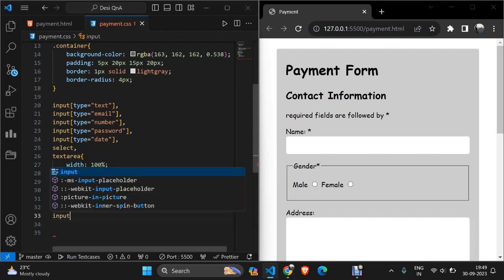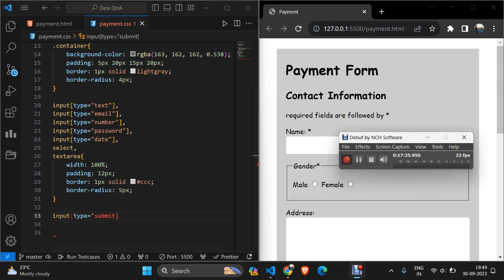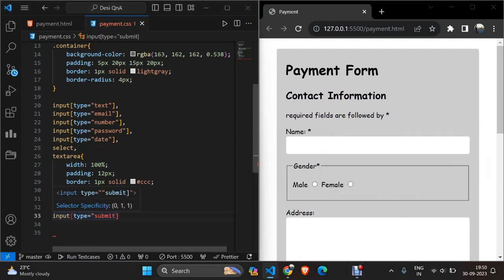So for that, type is equal to submit, and then